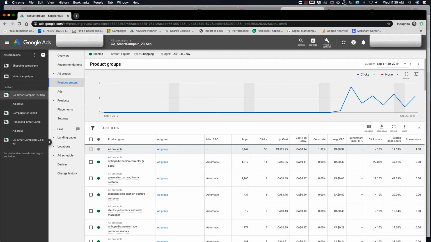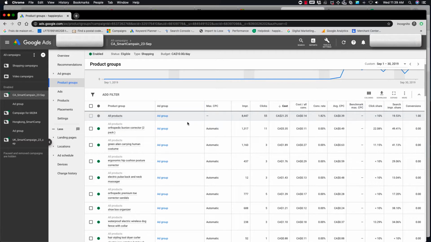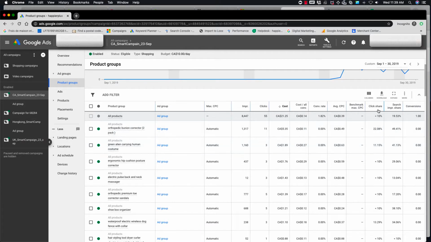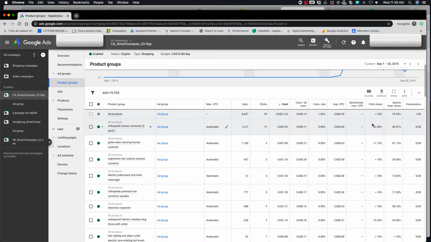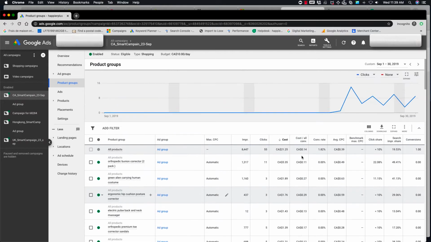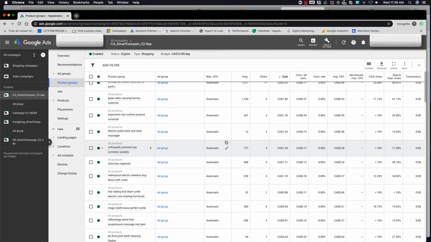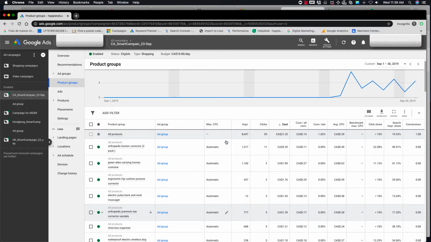So reporting in Smart Campaign looks the same as a standard campaign, but here we have a group of products. As you see here, you can see the costs, the average CPC, etc. Click share, search impression share, and you can see the conversion here. It's pretty similar to the standard campaign, but here, as I said before, this campaign runs by itself, so it's